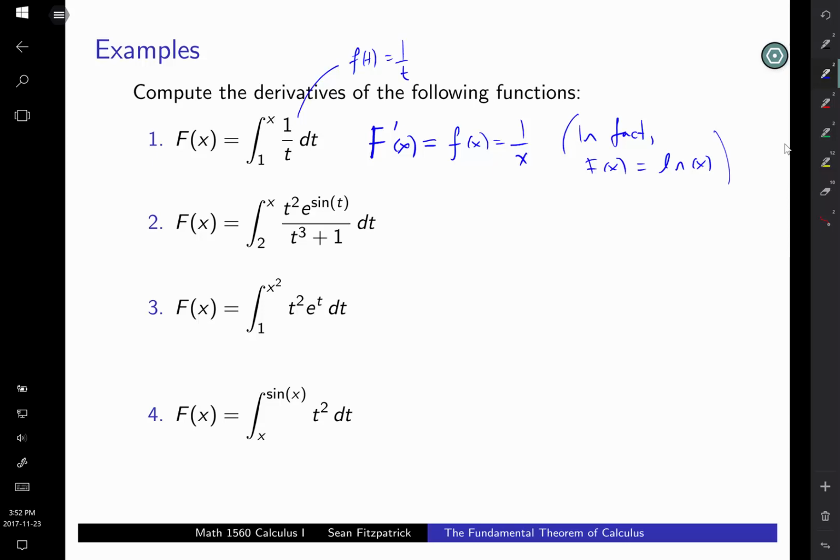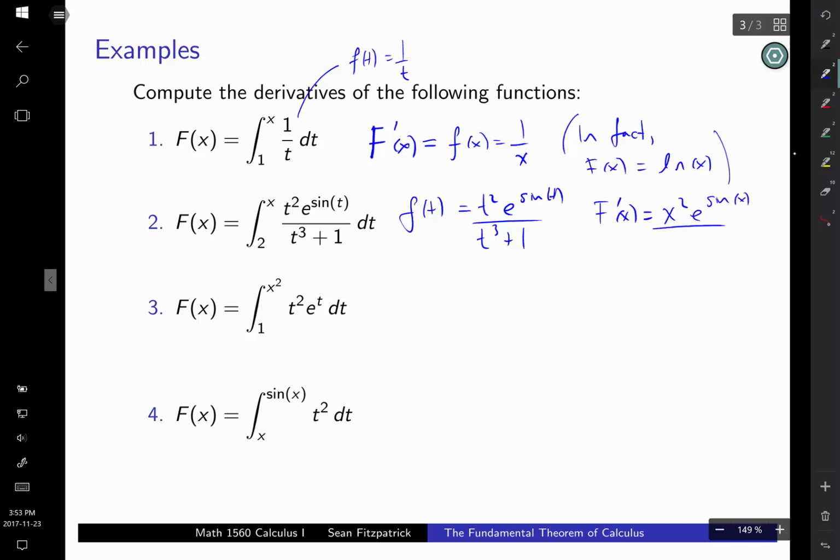Okay, let's try one more. So now this time, it looks really complicated. Don't let the complication of the function inside the integral throw you off. What you've got is f of t is t squared e to the sine of t cubed plus 1, and FTC says that if you want big F prime, you just take little f and you evaluate it at x, so all the t's become x's. E to the sine x